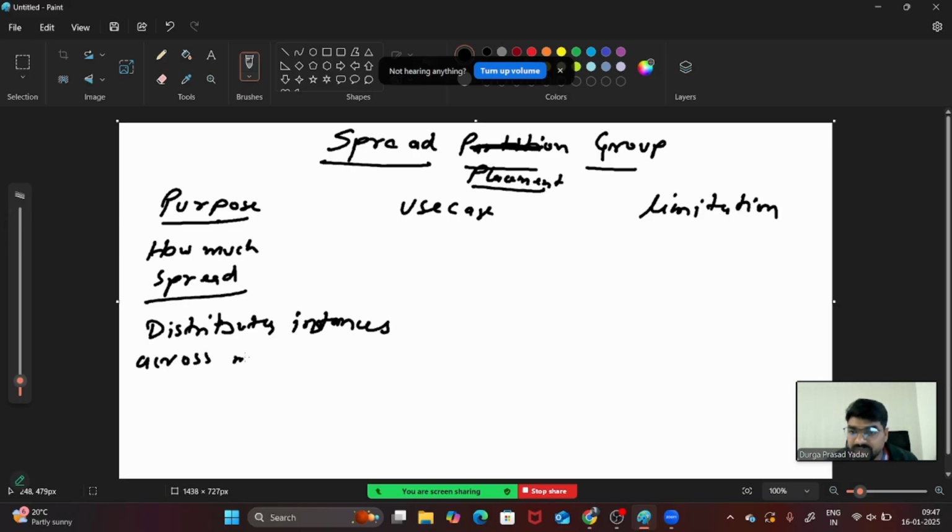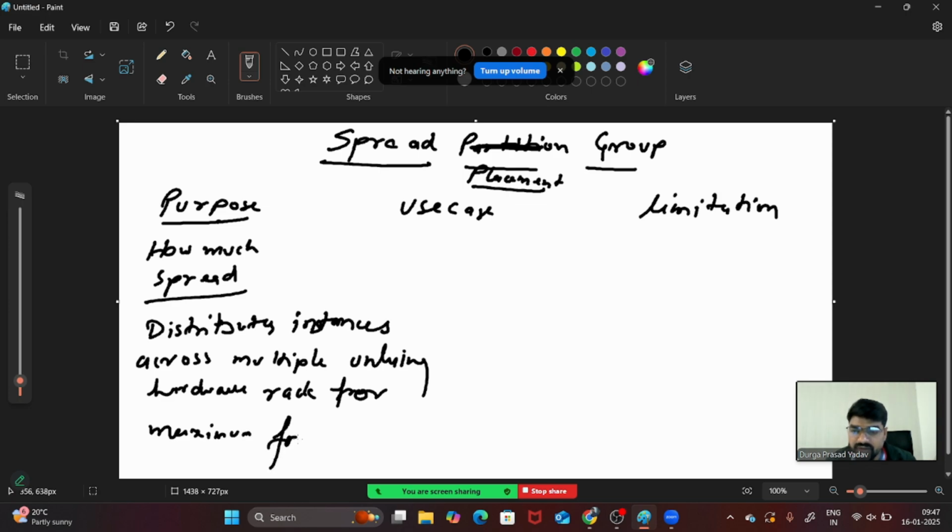You can distribute instances across multiple underlying hardware racks for maximum fault tolerance, right? Wherever you can distribute.